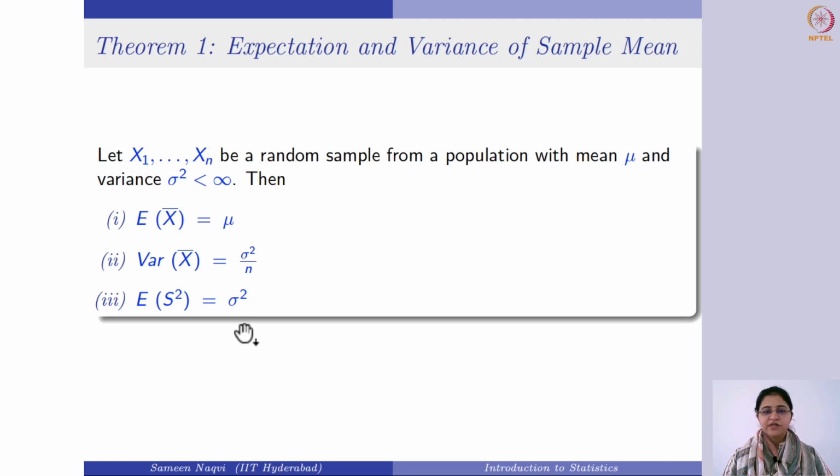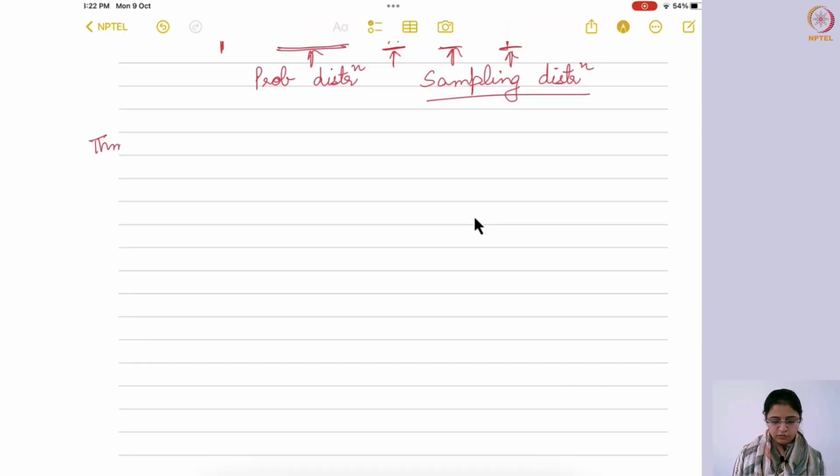Note that here we are saying that we are taking a random sample from a population. We are not specifically saying which population. So these results hold for any distribution that you might think of. So in all the cases, these three results would hold true. So let us see the proofs of these one by one. The first theorem over here